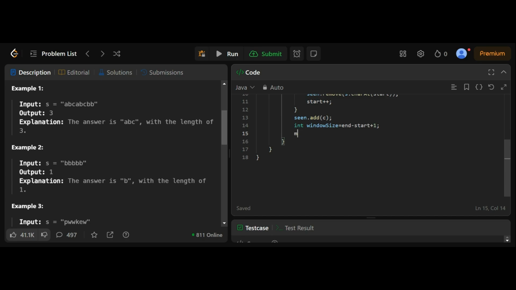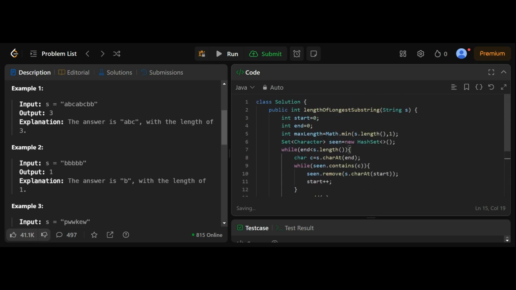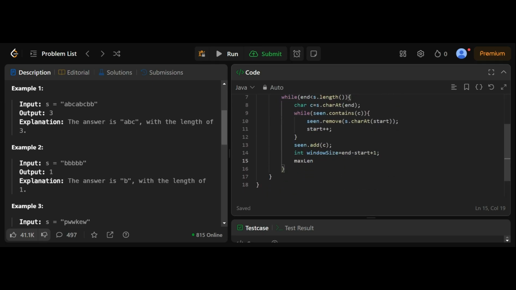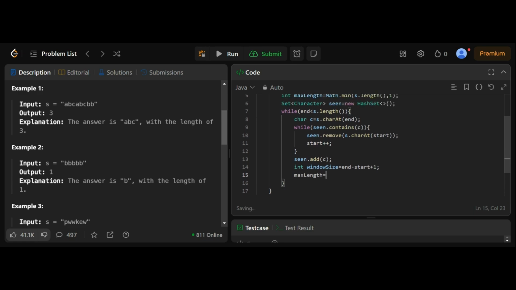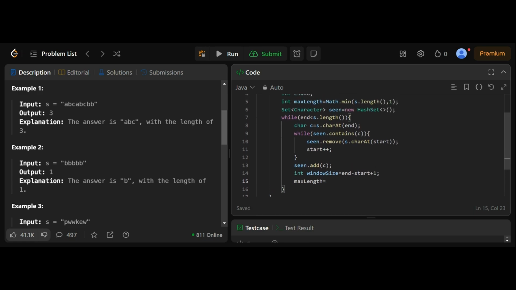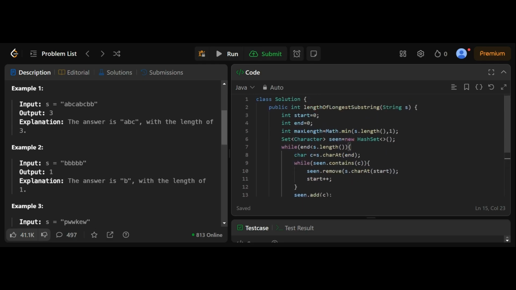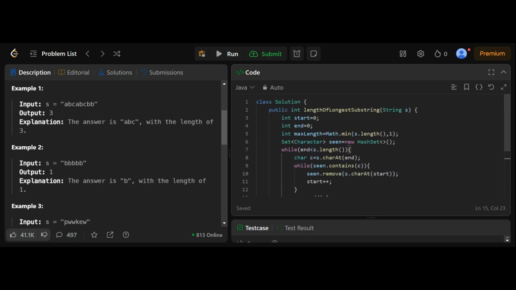After this, we are going to calculate the maximum length, which I have already initialized here. Maximum length would be the window size or the maximum length itself.